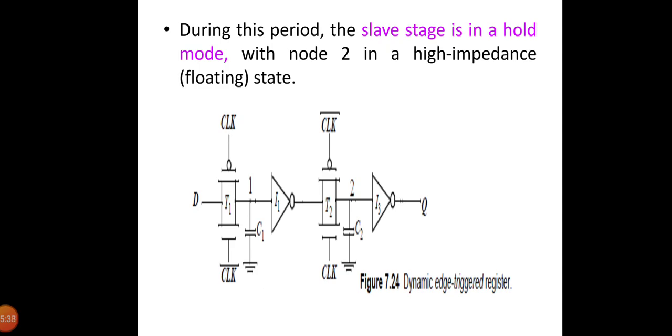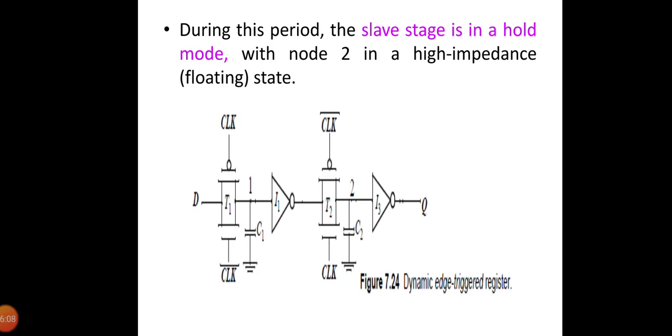The reduced transistor count is attractive for high performance and low power systems. The setup time of the circuit is simply the delay of the transmission gate, and it corresponds to the time it takes node 1 to sample the D input. The hold time is approximately 0 since the transmission gate is turned off on the clock edge and further input changes are ignored. The propagation delay is equal to the 2 inverter delays plus the delay of the transmission gate T2.